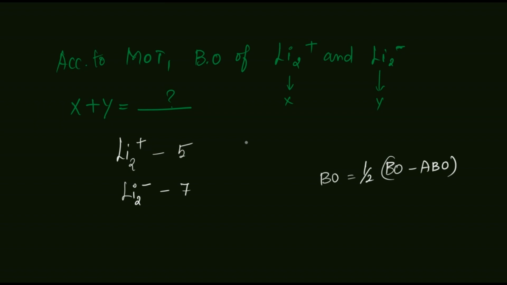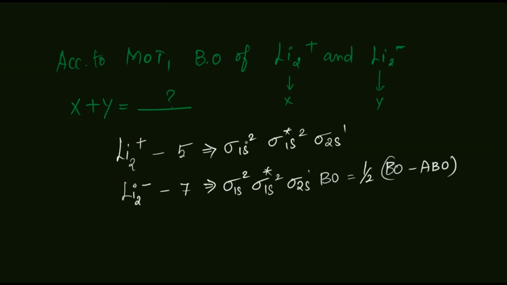So you will get the configuration for Li2 plus as sigma 1s2, sigma star 1s2 and sigma 2s1. And for the Li2 minus ion, 2 electrons extra than that, sigma 2s2, sigma star 2s1,